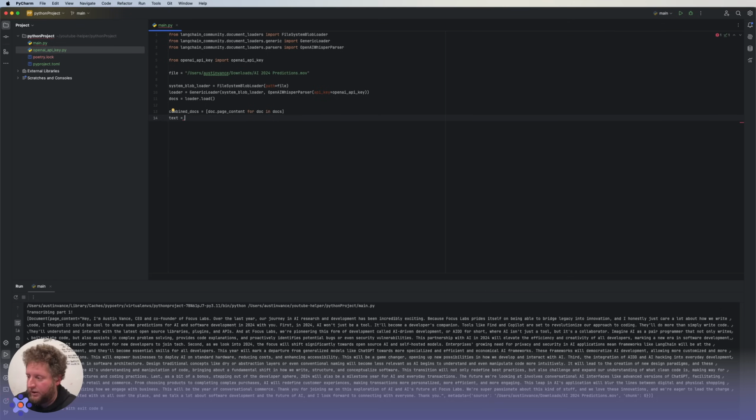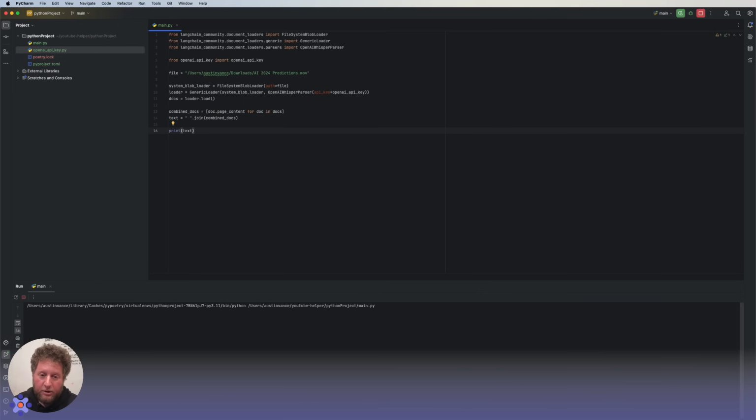And so now let's get some text out of that. We'll grab all the text and we can just join together all of our docs in this array. So assume we had a bunch of them, join. And so now we have one long string of all of the text that's coming out of these documents. So if I print that out, this is going to end up being slow. So we'll probably stop running it over and over again, or we'll memoize the document in some way so we don't have to keep going back out to the Whisper API. It ends up being kind of expensive and just slow to test.